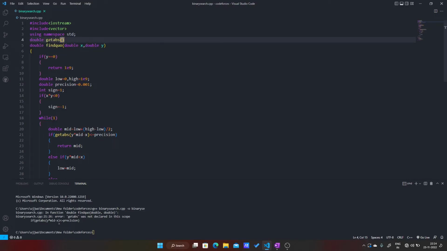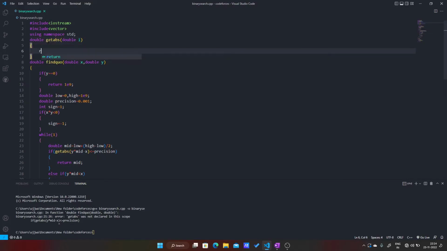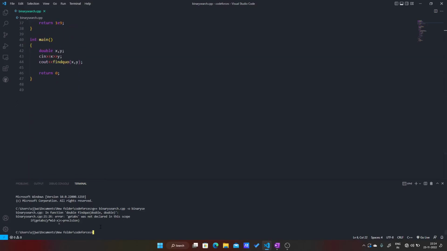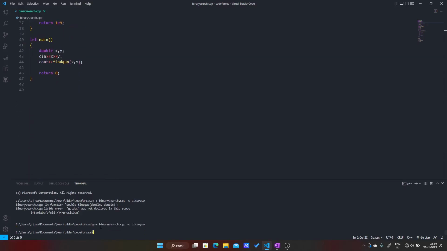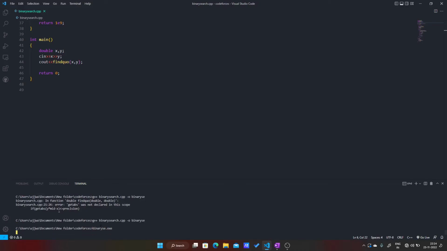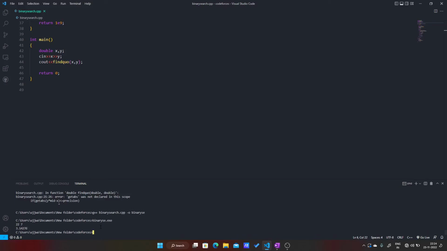get abs, and it will be getting a value double I. And what this will be doing is, I'll return I if I is greater than equal to 0, otherwise I'll return minus of I. So this was just to check the sign. Now I'll compile it again. Now let us run it, binary search exe, and let me put in the values, for example 22 and 7. So I'm getting